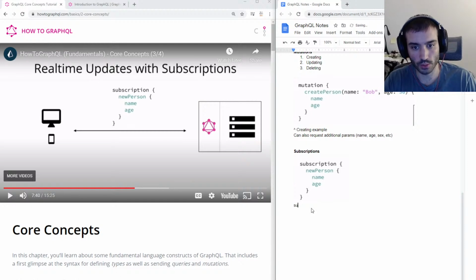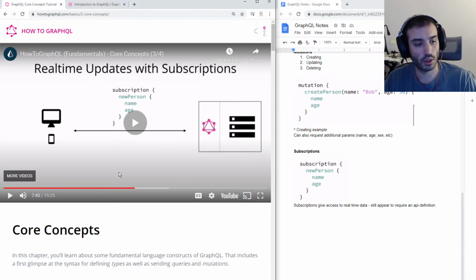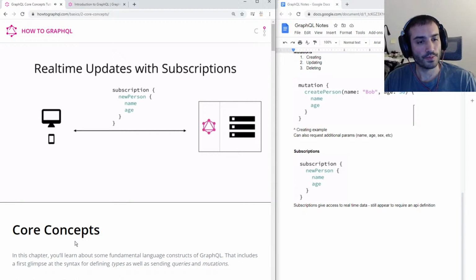And then what does this thing do? Subscriptions give access to real-time data, and still appear to require an API definition. I guess the API definition just says the types and whatever values or fields that they support. In this example, the client subscribes on the server to get informed about new users being created. Whenever that particular event actually happens, the server pushes the corresponding data to the client. In this example, this is the name and the age of the new user, since that's the information specified